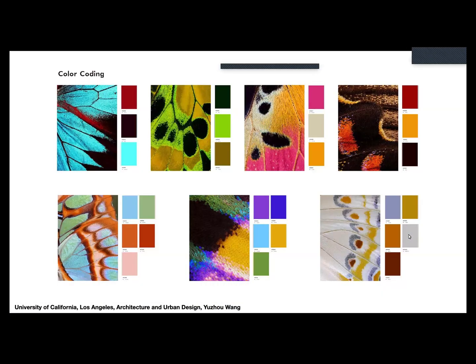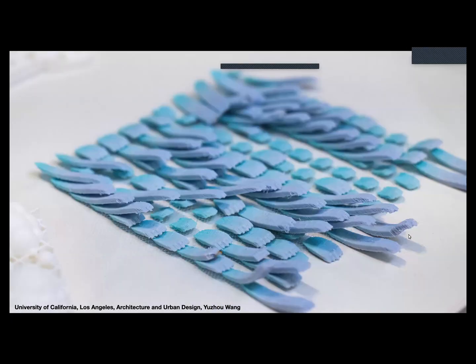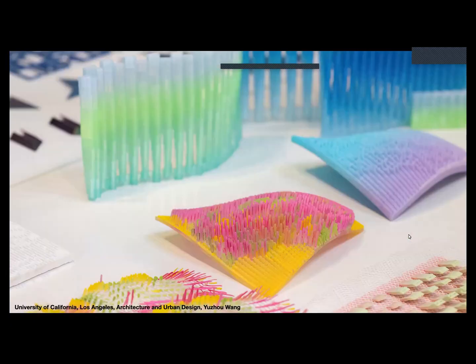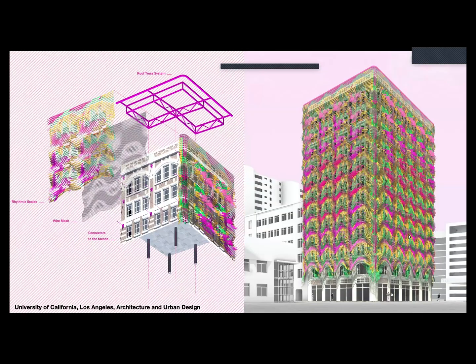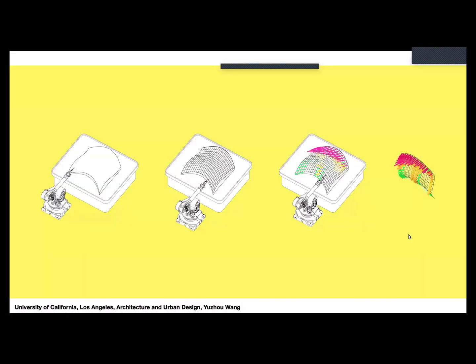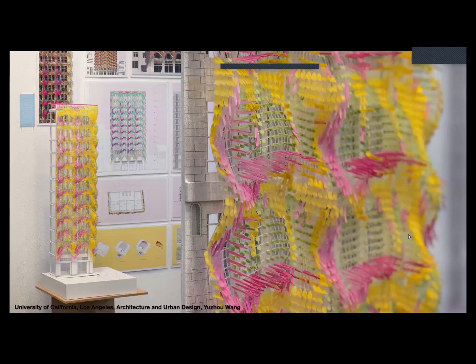This was a project from Yusu Wang, where she looked into butterfly systems and a facade which is 3D printed on fabric on that scale. On a larger scale, it would be 3D printed elements mounted on a net or a scaffolding, which is then applied in front of the building and can control the sunlight and the shading situation. She 3D printed the entire facade with a resin technology and then hand painted the model.